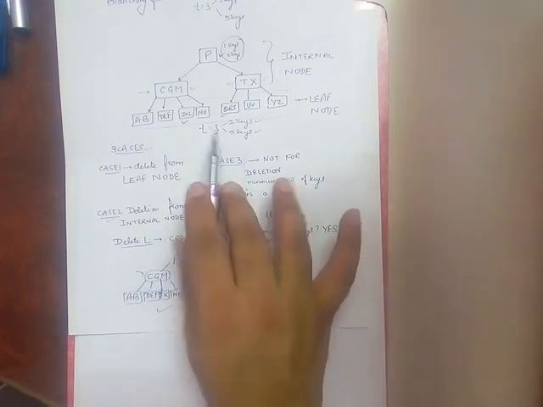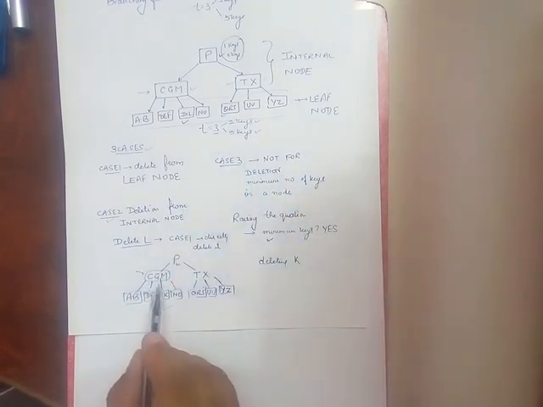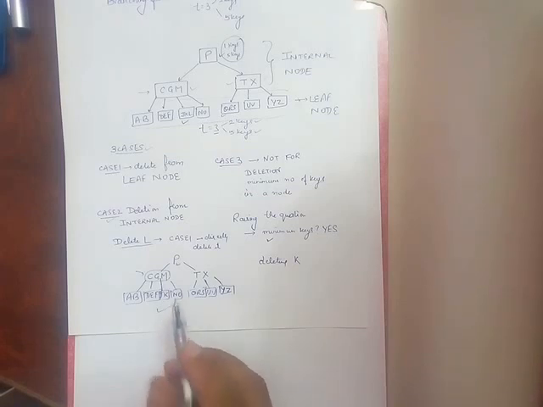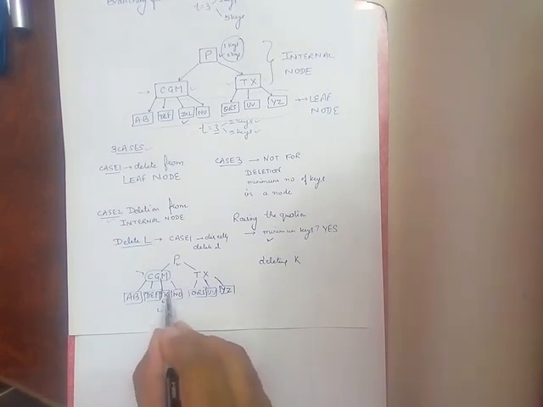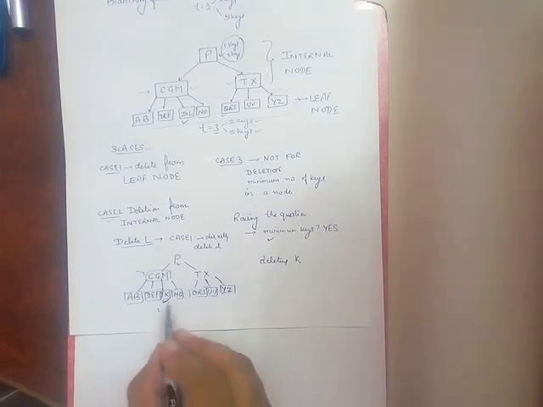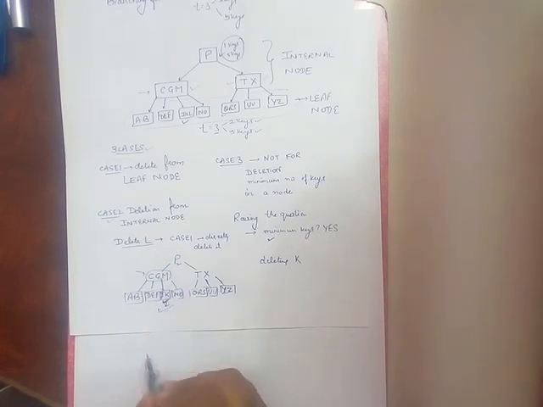As we know that the degree is 3, it does not have the minimum number of keys, it has one more key than the minimum number of keys. Then we move to the child of this particular node where K is available. K is available in this particular node JK. Actually DEF is a different child and JK is a different child. It's something overlapping somewhere in the figure. But if we consider JK here, then when we raise the question again, we see that this node has the minimum number of keys.